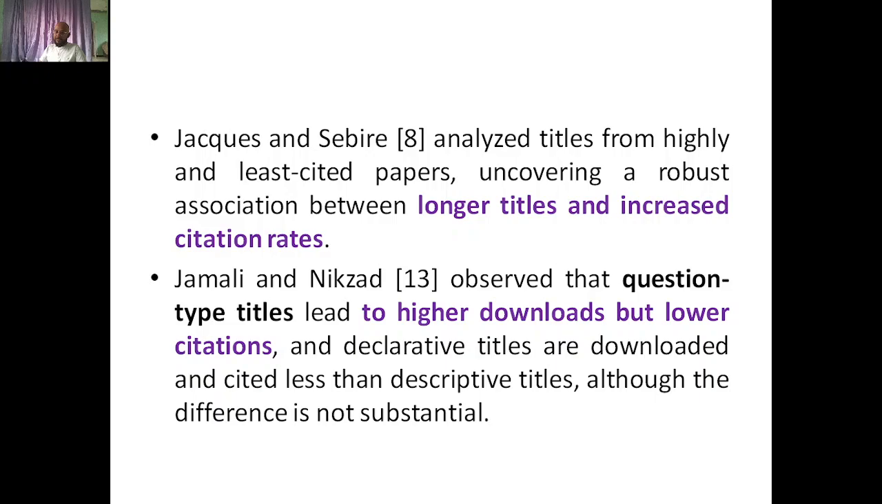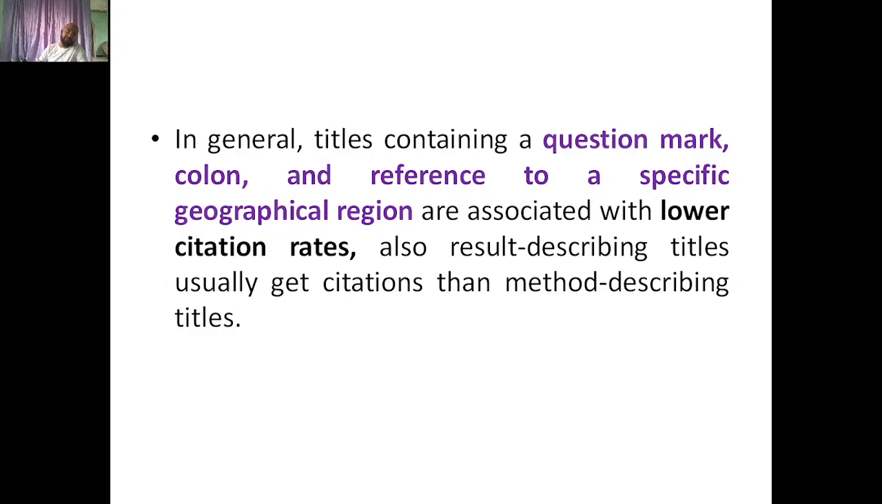So declarative titles are downloaded and cited less than descriptive titles. Whenever there is a declarative title which declares, like, this is the end of the world, or this is so and so, the download rate is good, but citation rates are very low. That means people have downloaded and read it, but they have not cited it in their work, although the difference is not substantial. So in general, titles containing a question mark, colon, and references to a specific geographical region are associated with